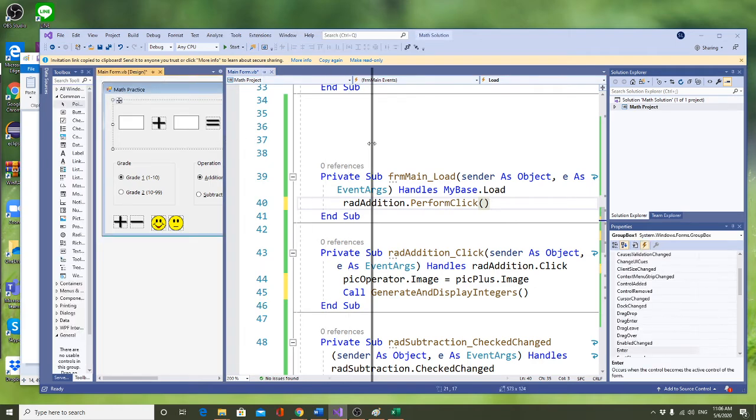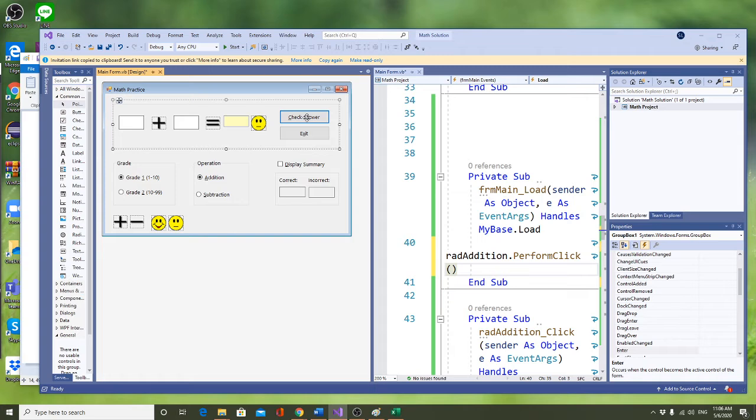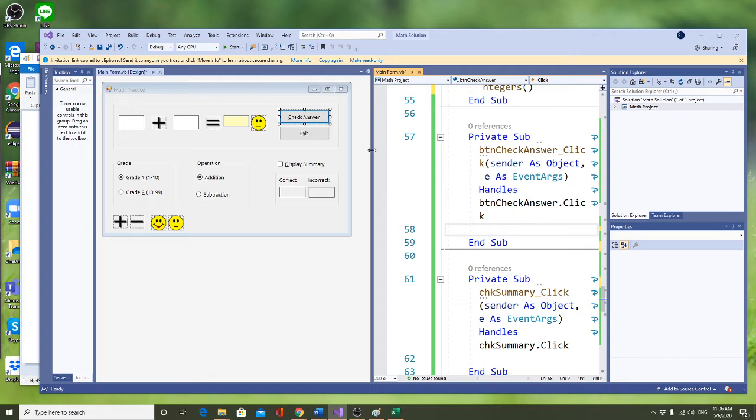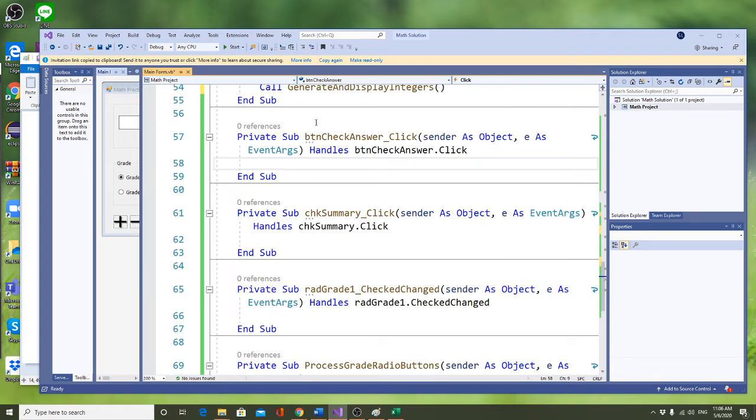Next part, we are going to go to this check answer button. So let's click on this button right now. Make sure it is the button check and click. Okay, so this one is a little bit more complicated. At this button, we're going to check whether they get the correct answer or not. If they get the correct answer, I need to accumulate how many are correct, how many are not correct, and also give a message. So first we're going to say